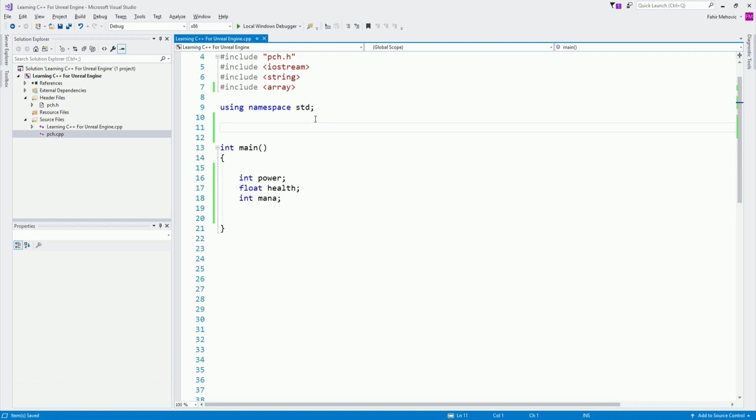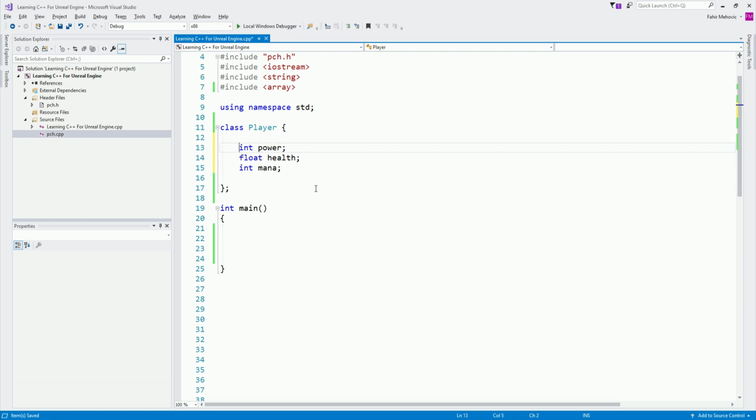So what I can do here is create a class called player, and I can put everything inside of the player. So I can put all these variables inside. Let me go back, copy this and paste it in the player. Now I can use these variables from our player class, but I will need to make them public. To make them public, I type public colon, and everything typed below this public will be counted as a public variable. That means that we will be able to access these public variables here in the main.